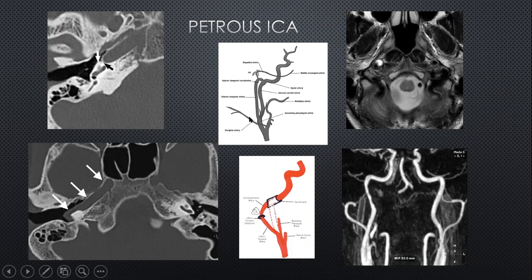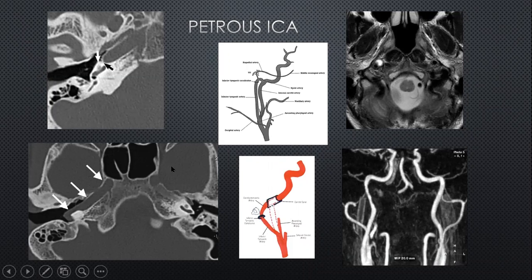During embryogenesis, sometimes these arteries can anastomose with itself, especially if the internal carotid artery has not developed normally. And what you do get then is this anomalous course, which is basically an anastomosis between the caroticotympanic branch of the distal internal carotid and the inferior tympanic branch of the external carotid, giving rise to this anomalous appearance, which is shown in this patient over here.